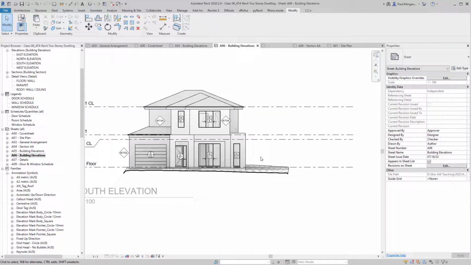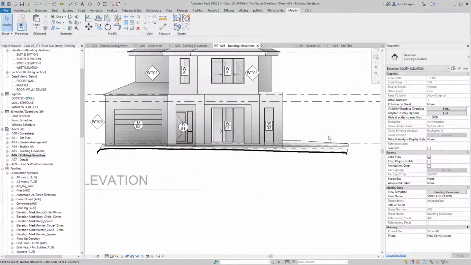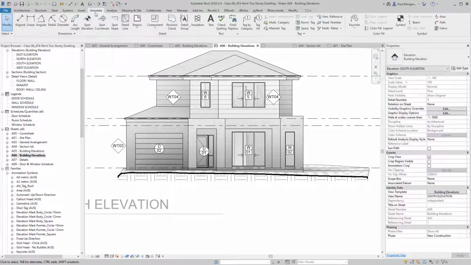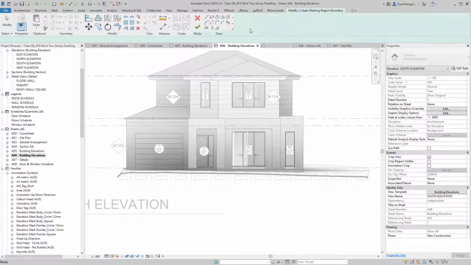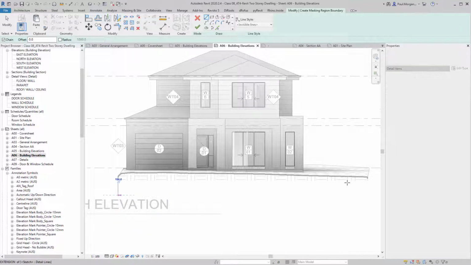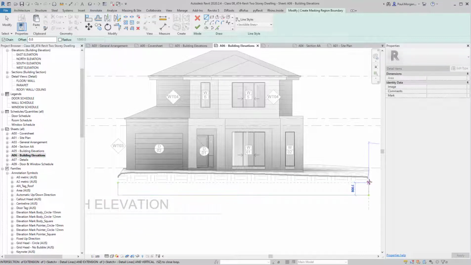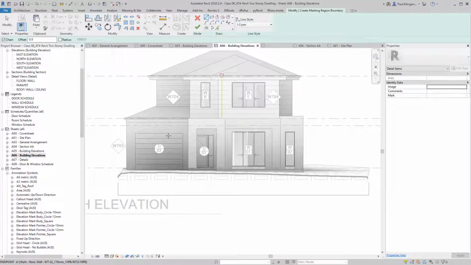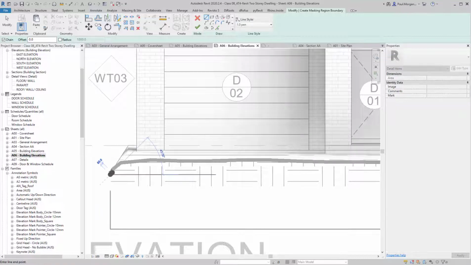So double click into the view, and the first thing I want to do is I've got my landfall here, but I can see that the site is cut, the topography, and I want to hide that. So what I'm going to do is go annotate and then masking region. With the masking region, I'm going to take these invisible lines and I'm just going to draw from here down to here, across to here, something like that. And then I'm going to come back to here and pick a thicker pen, like a pen 1, and just trace along here